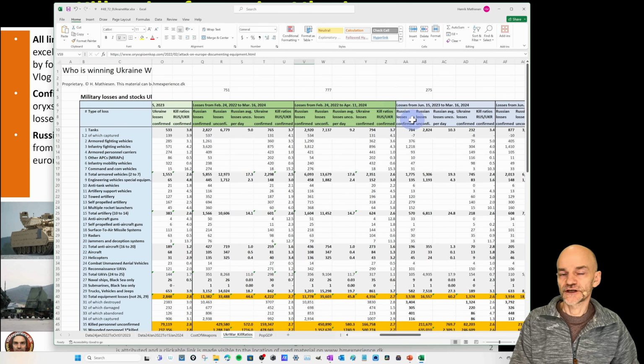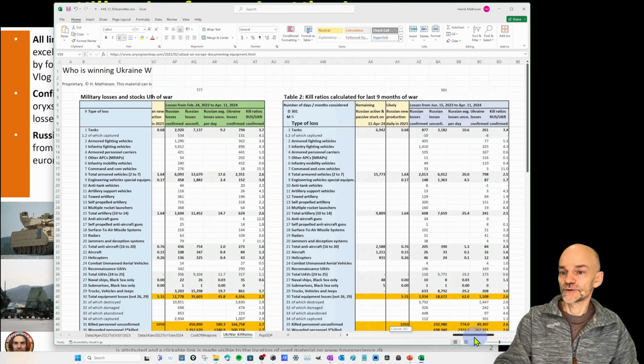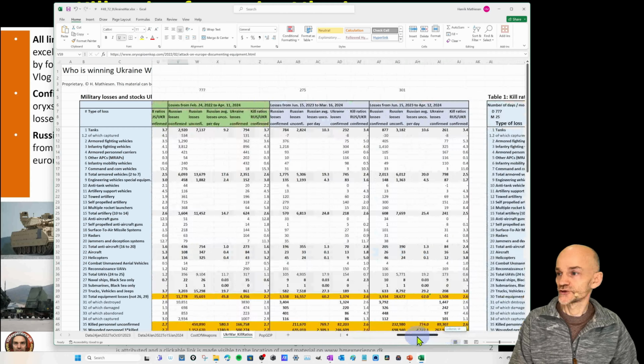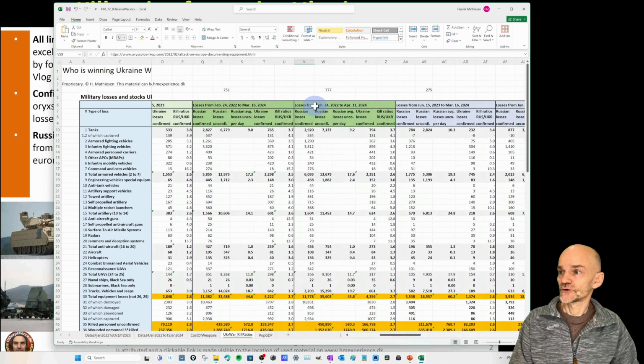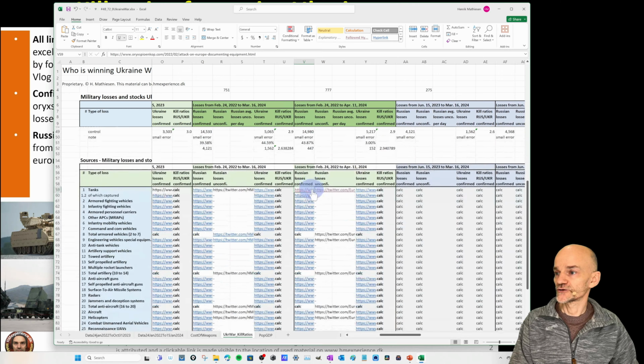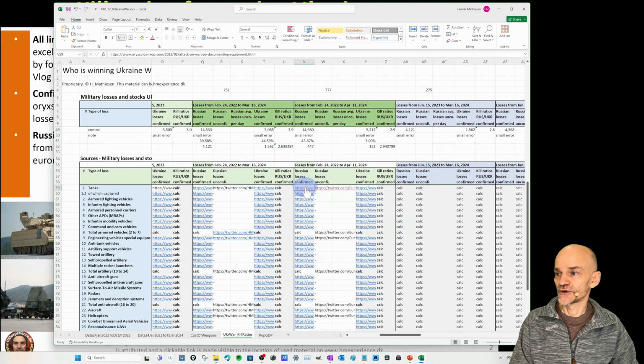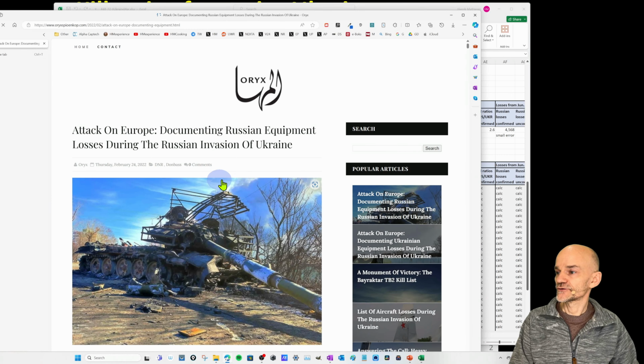As I said, this table is much bigger. Here you can see some of the tables I have created that I just showed you, but I'll show you where the sources are, right here, from losses from February to April 11th, 2024. Here we can see the numbers. For instance, Russian losses confirmed. Then I go down this table, and here we have all the sources. They're just down in a similar table below if you want to check it out. Let's click one of them. Here, that is Russia sources confirmed, and here it is from this ORYX organization.